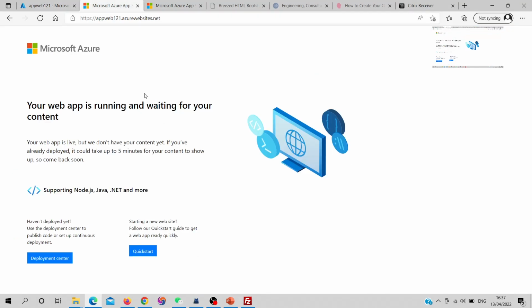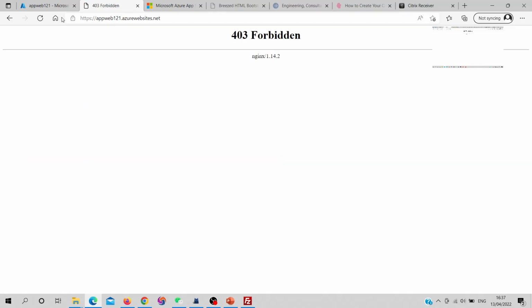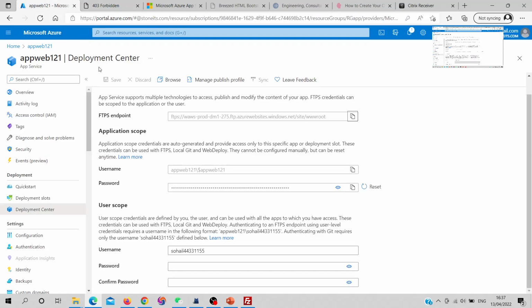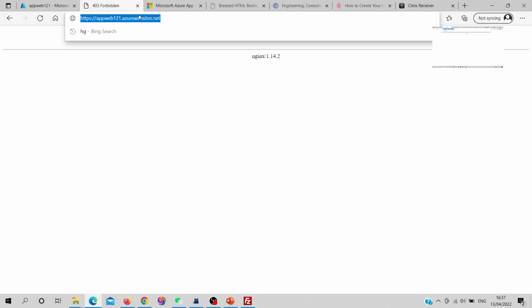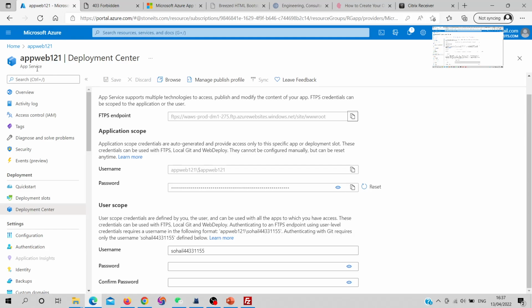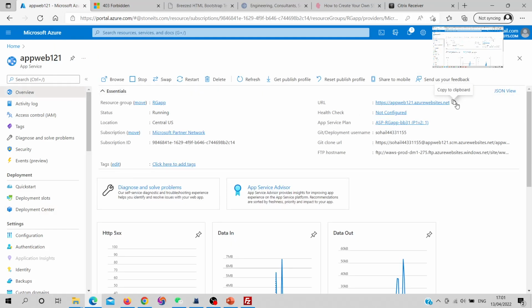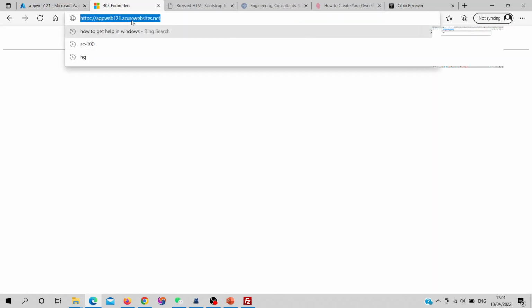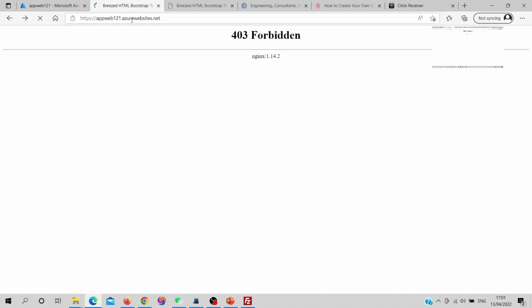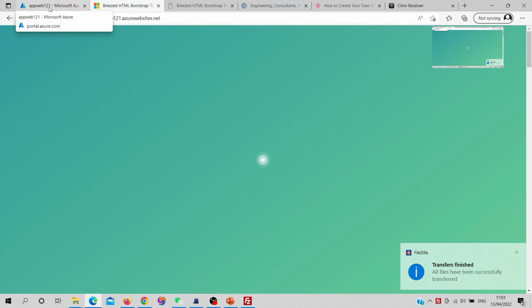Right now we have this page, so let's refresh to see our actual website, and let's copy the URL and try again by pasting. So we can see our website is loading. It's successfully uploaded to this app,